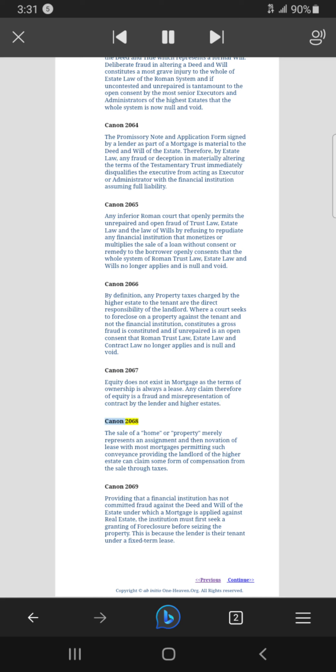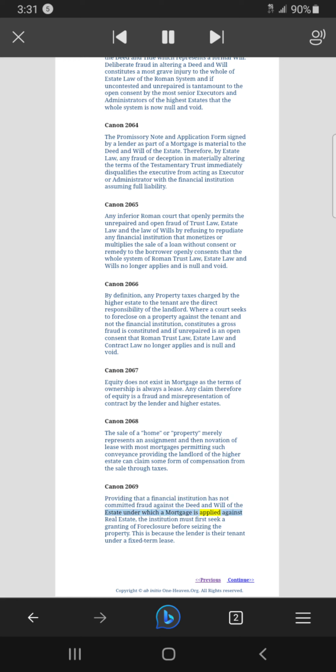Canon 2068. The sale of a home or property merely represents an assignment and then novation of lease, with most mortgages permitting such conveyance providing the landlord of the higher estate can claim some form of compensation from the sale through taxes. Canon 2069. Providing that a financial institution has not committed fraud against the deed and will of the